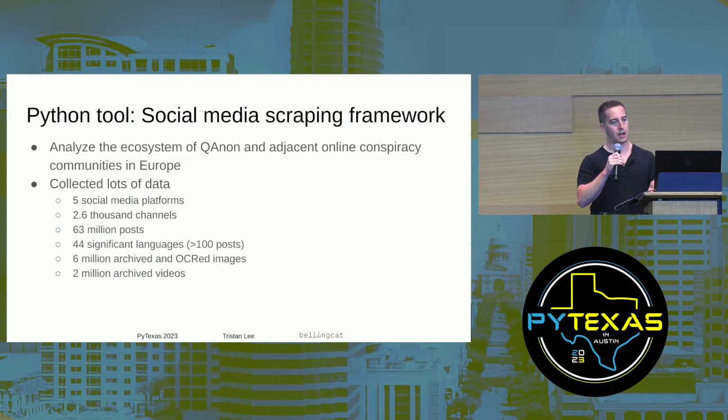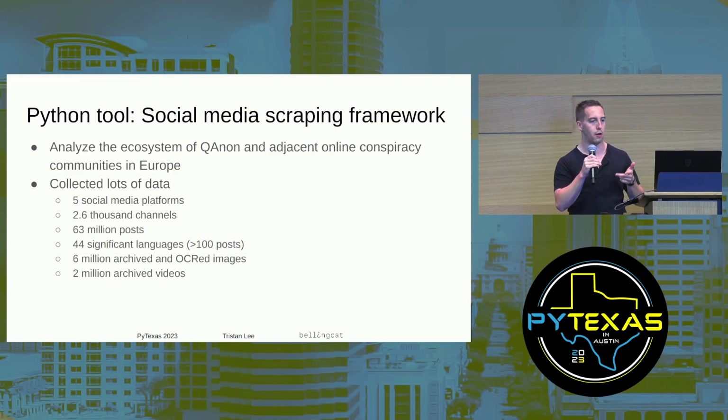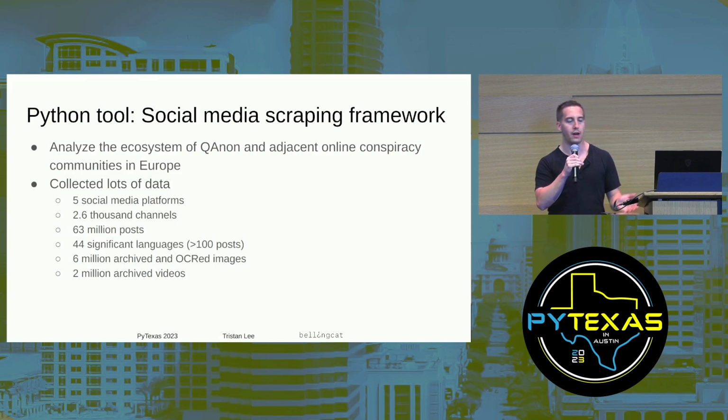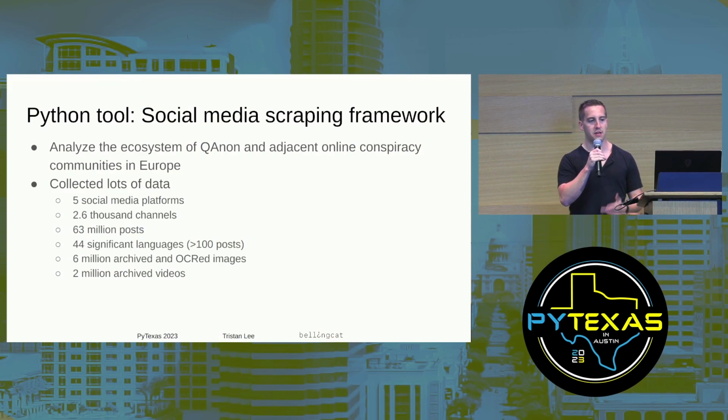We collected a lot of data. We have posts from 5 different social media platforms, including Gettr, Rumble, BitChute, and VKontakte, which is like a Russian Facebook. But the vast majority are from Telegram, because that's the platform these communities are most active on. We are archiving posts from about 2,600 channels. So by channel, I refer to really any kind of social media account, so a BitChute user, a VKontakte group, or a Telegram channel. And as of last night, we're up to about 63 million posts that have been scraped,